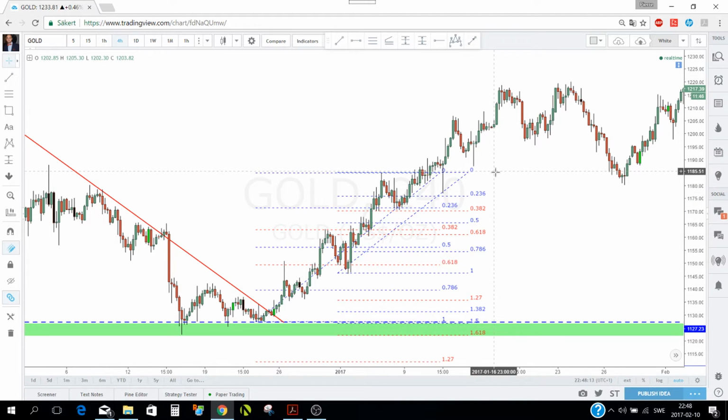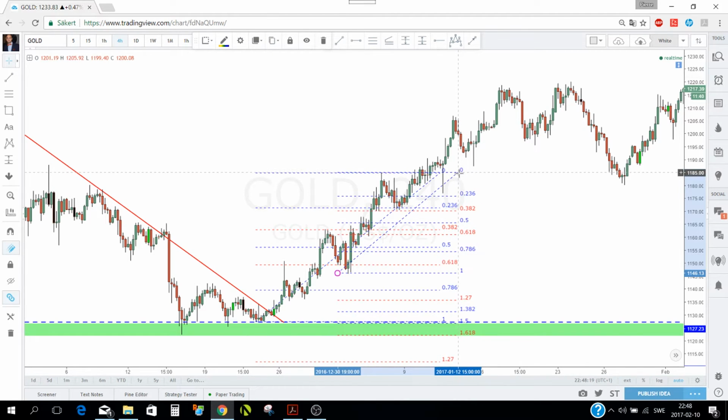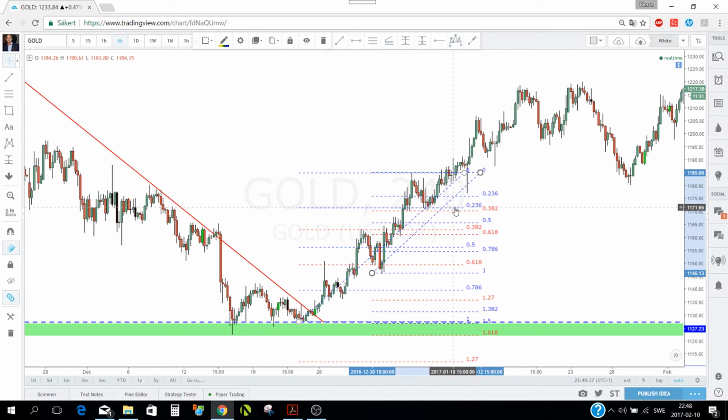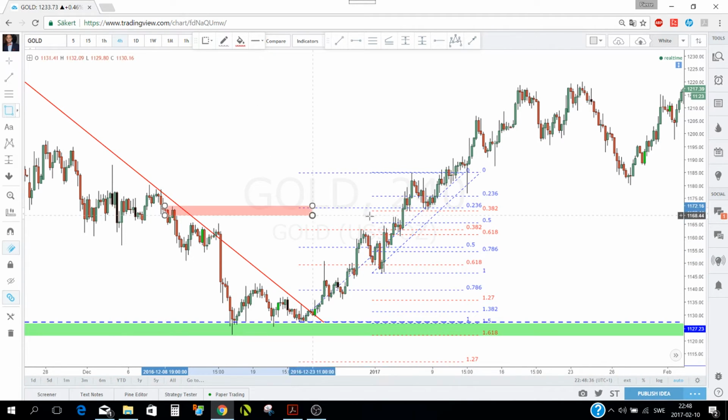Fibonacci cluster. And as you see here, let me bring this a little bit closer so you can see them. We have the 23.6 and the 38.2 at the same level. And we don't take the trade just because of that. We also have this area here, you see this structure